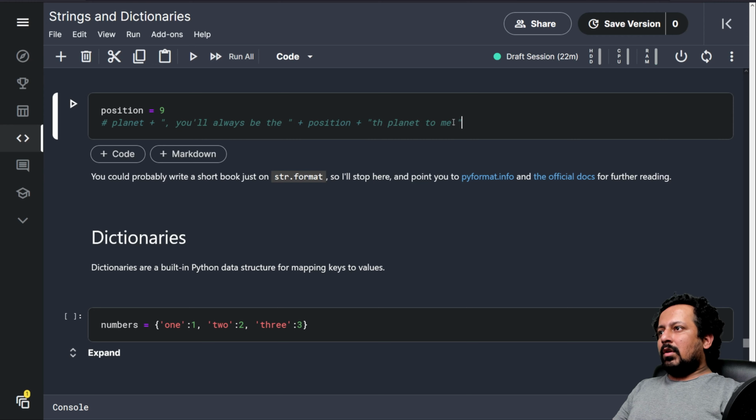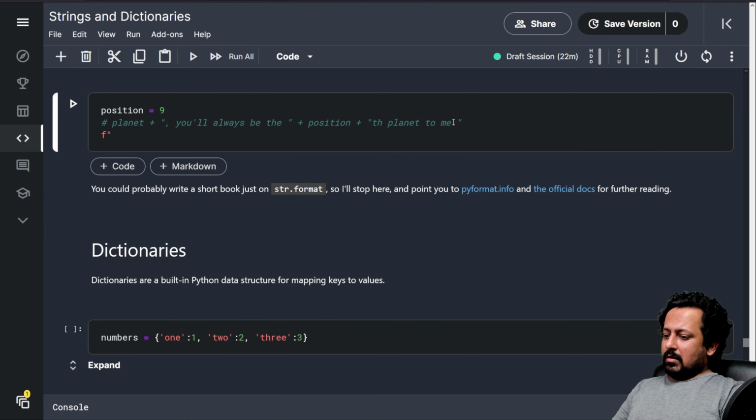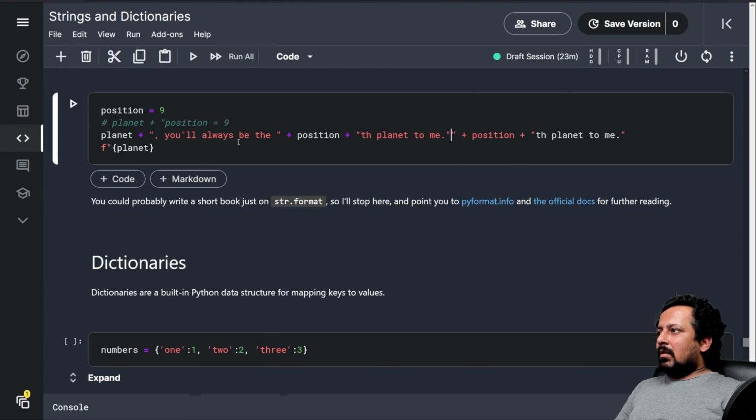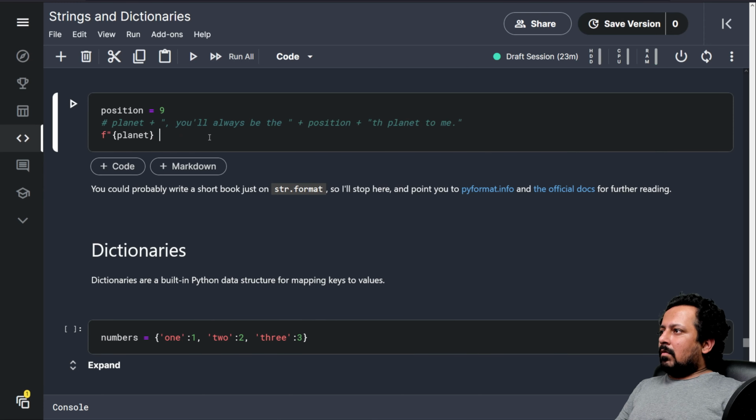This was the old one, and here I can write f, and inside the curly braces like before, but I can just write the variable planet, and then add the rest of the things. Planet, and then comma. You will always be the position-th planet to me.